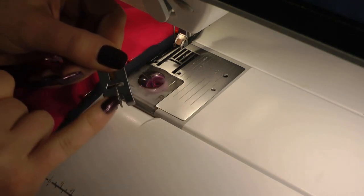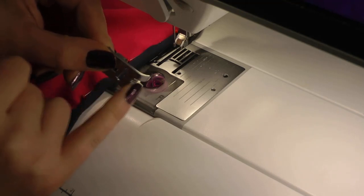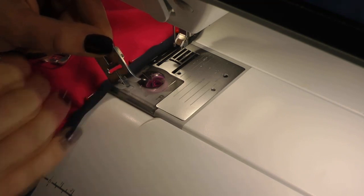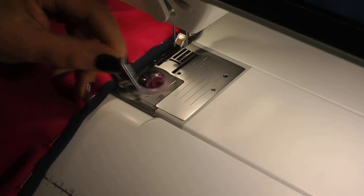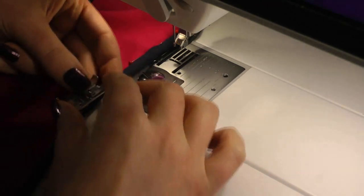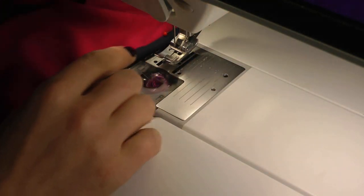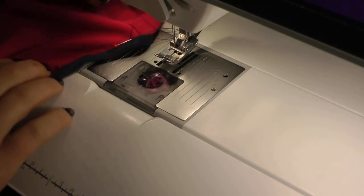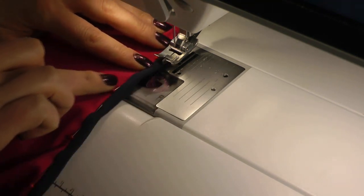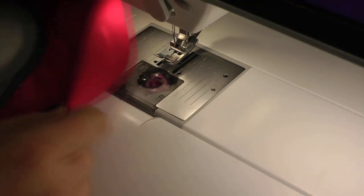It has this flange here that is going to run exactly in that seam I just made, and that is going to make it even easier to sew exactly in this seam. So I'm going to use this presser foot, and let's see what we get. I also switched to a dark blue thread to give a better idea, the feeling that if you sew right, this row of stitches really must be invisible,